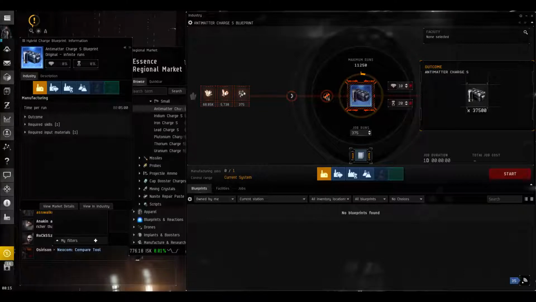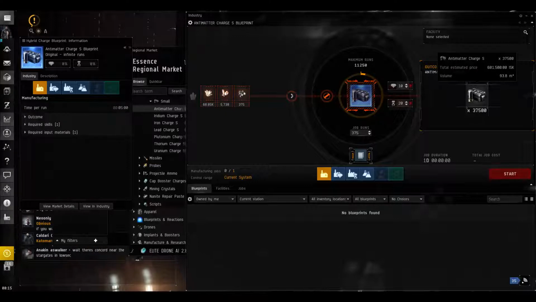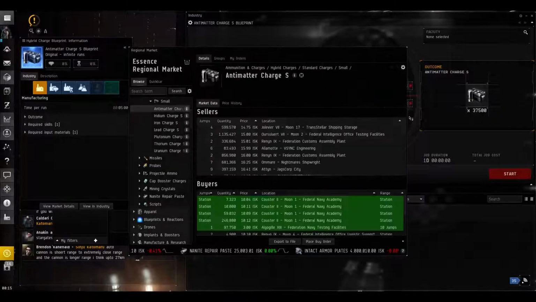So exactly one day. So you can get like 482,000 worth of minerals and construct them to 600,000. You make like 100k. I don't even know. It takes up your manufacturing slot. One day to make 37,000 ammo. Or we could just go view market details and just buy